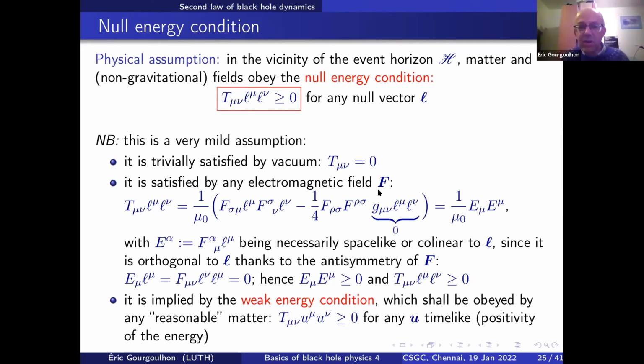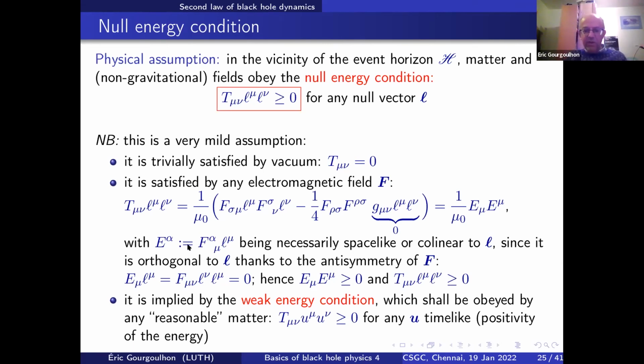If we consider the energy-momentum tensor of the electromagnetic field, as you may know, it's formed from the Faraday tensor, the electromagnetic field tensor F, which is a 2-form. It's formed by this identity here. So if I contract with L, this term here is 0 because L is a null vector. So I get only this square. This is the square of the vector capital E. And if L were time-like, this would be a real electric field, which is why it is denoted by E here.